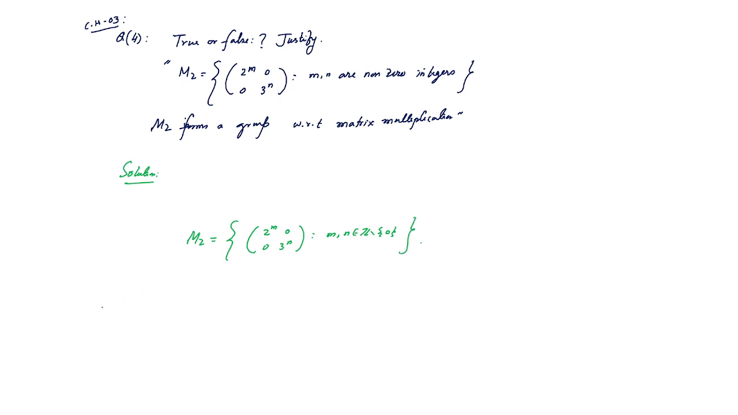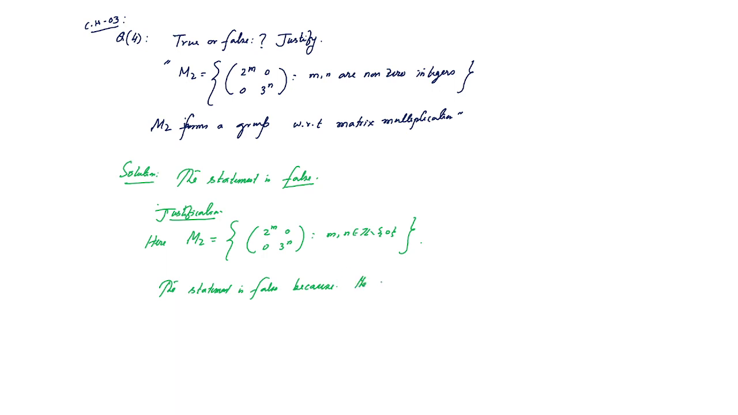Now if we think about the identity element, the identity does not exist. So I am writing here, the statement is false. If I say false, we need some justification. Here M2 is this. The statement is false because